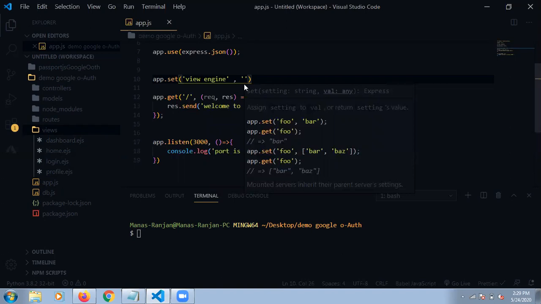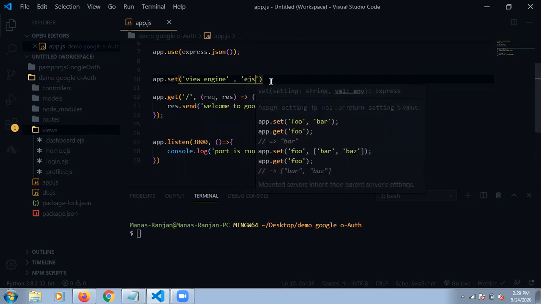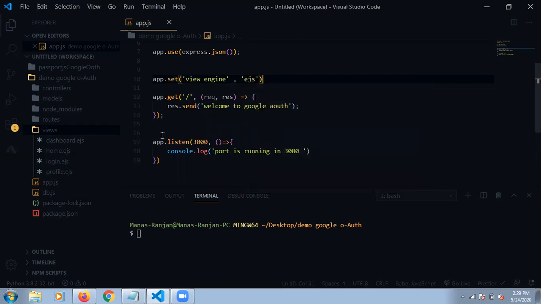So we write EJS here, because the template engine we are using is EJS, so that's why we mention EJS.